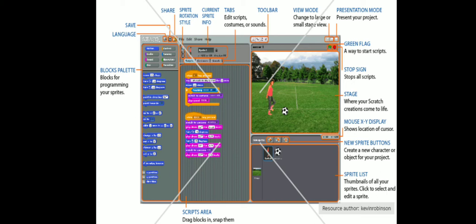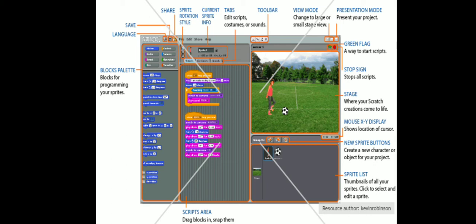Now, this is what is called Scratch. When you open Scratch for the first time, this is how your screen looks. So, let's begin from the leftmost part. In the leftmost top part, you can see we have Scratch written at the corner. Next to Scratch is an icon which is meant for language. So, whatever language you want to use in Scratch, you can use. By default, the language is English.